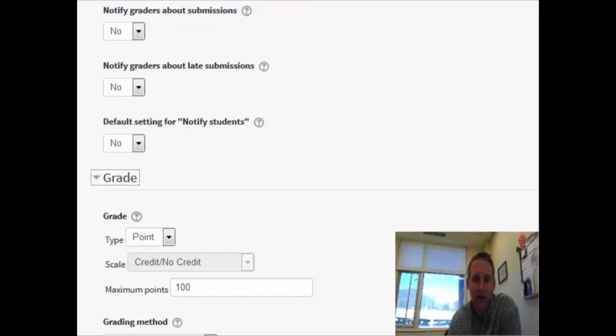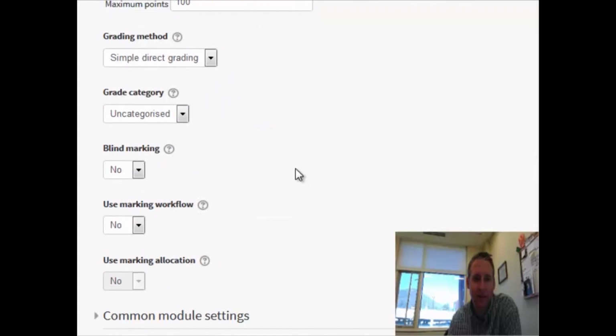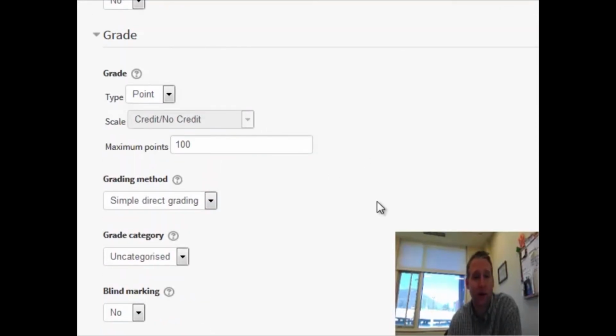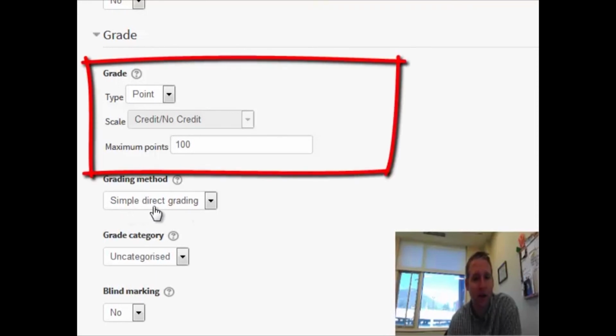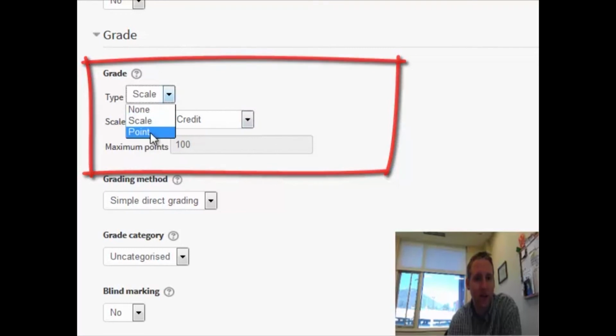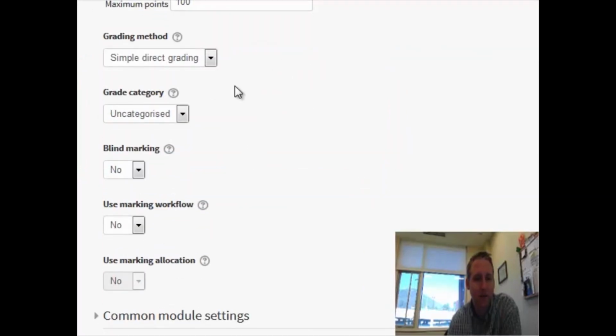The grade, and this will be the final thing that I'll go over in this assignment. The grade right now is set for simple direct grading, which is the traditional method that most instructors have used to grade these assignments. But notice there's a marking guide and rubric options, and there's actually a separate online workshop on rubrics and marking guides that might be helpful. But notice that you have some options for the types of scales that you might use, the point values that you could put in here,